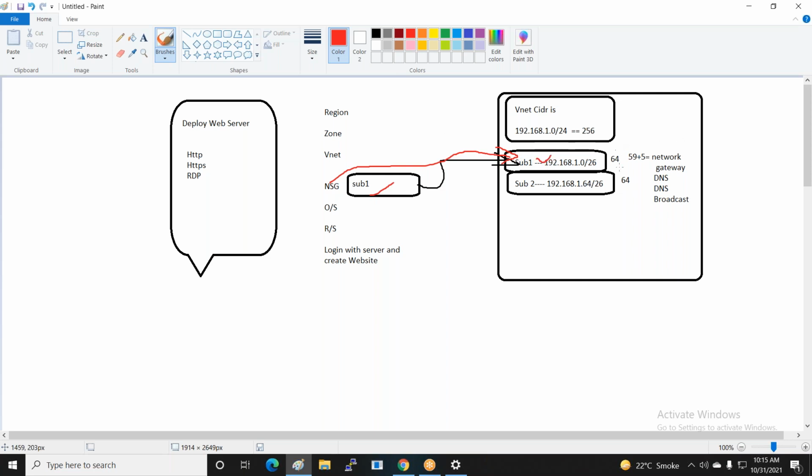When you attach any server or computer in this subnet, that means this protocol is automatically allowed. So you don't need to manually go to the resource to allow the protocol. That's why I already gave the permission to the specific network. So you can add multiple network security groups with the particular subnets.